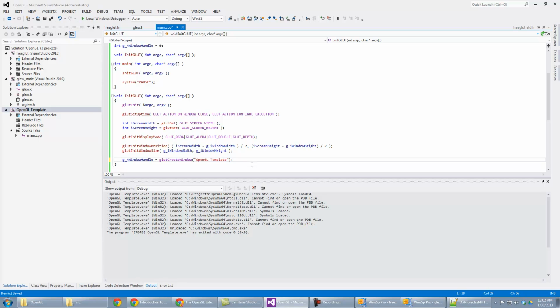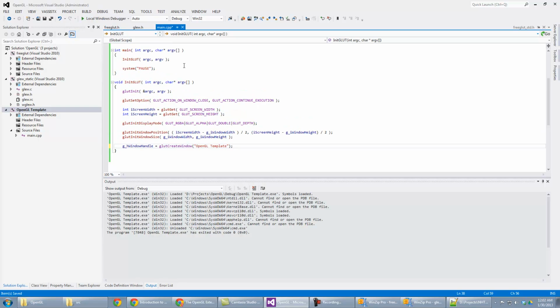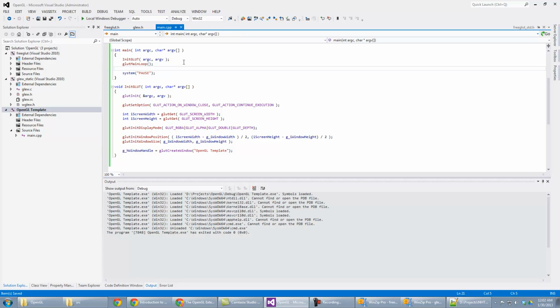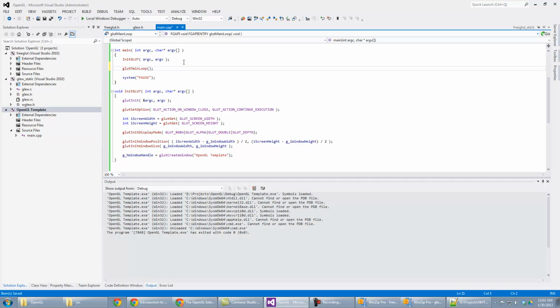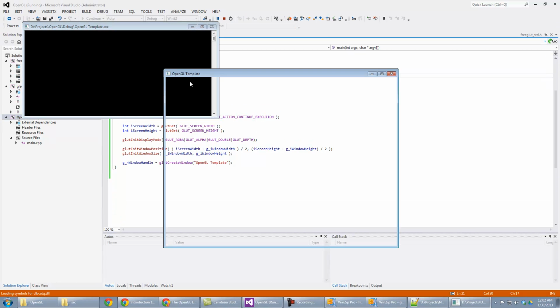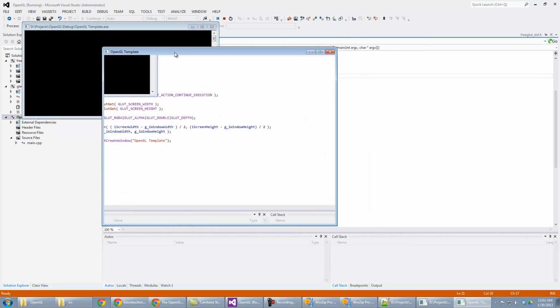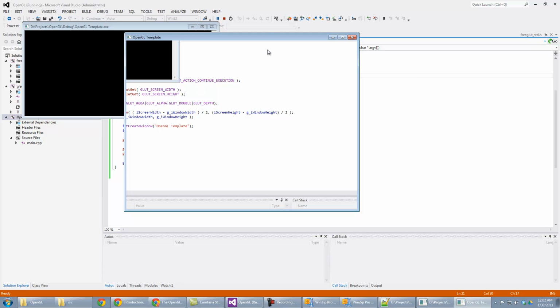Okay, now if I run this, it won't really do anything because we still have to tell GLUT to start the update loop. So in order to do that, glutMainLoop. This function will kick off the main loop, and execution will not return back to this function until it's done. So now if we run this, we should get a render window with absolutely nothing drawn into it,